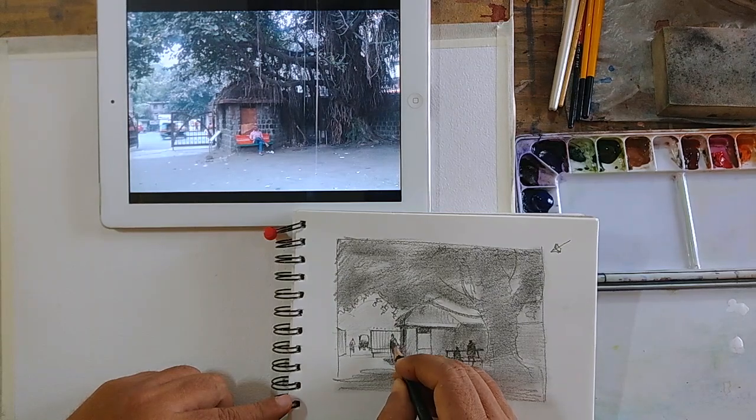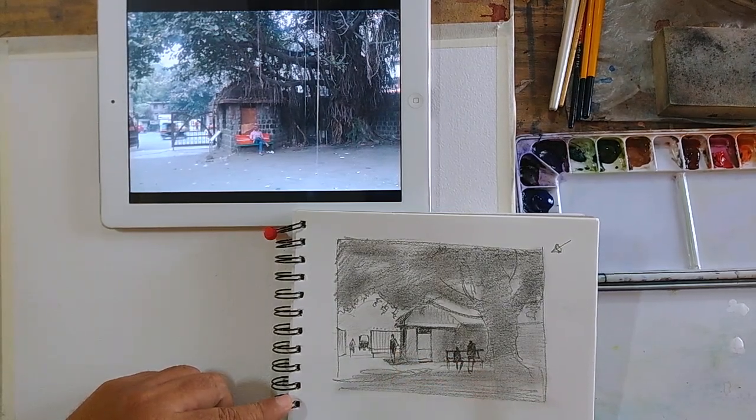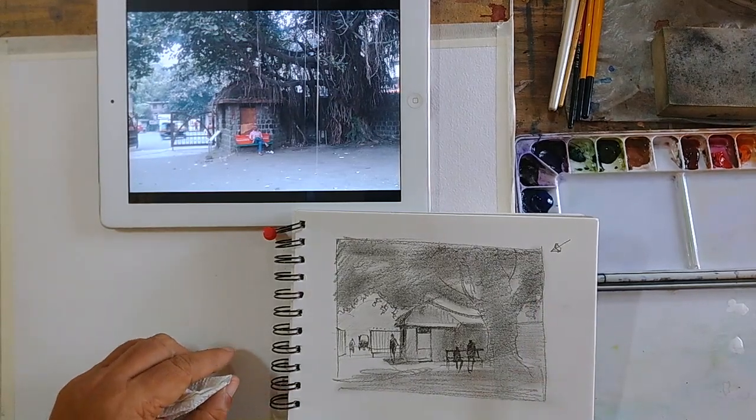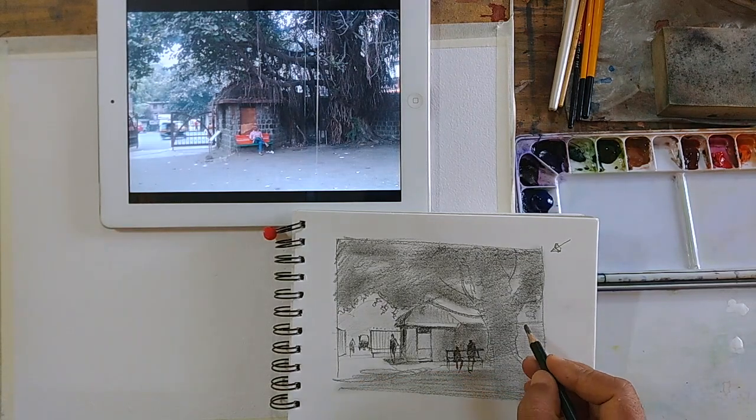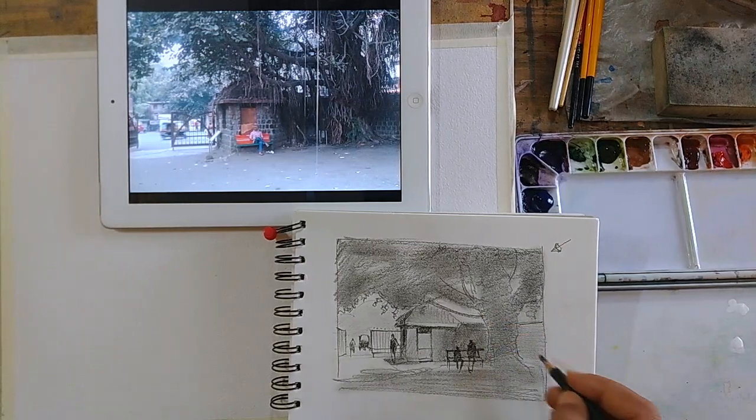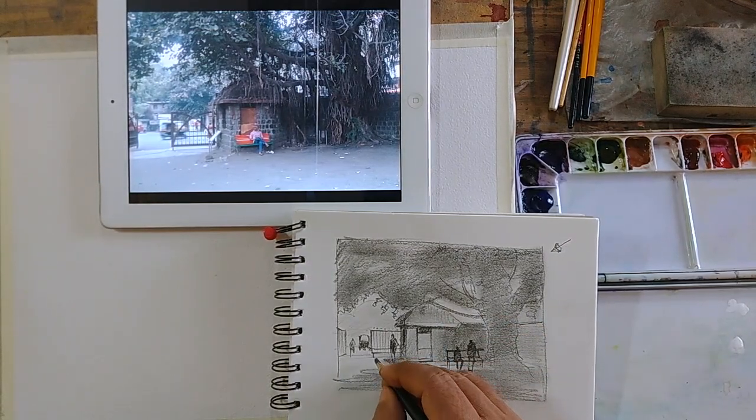Maybe he's taking care of who is coming from inside and who is not, etc. So basically this is the kind of tonal study that we do, and we can go for the details in the painting. Okay, so